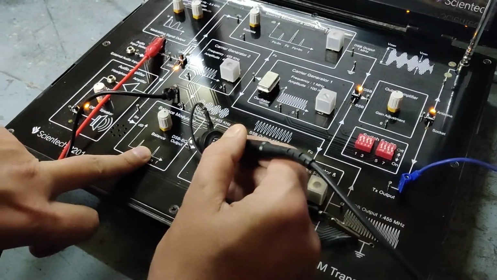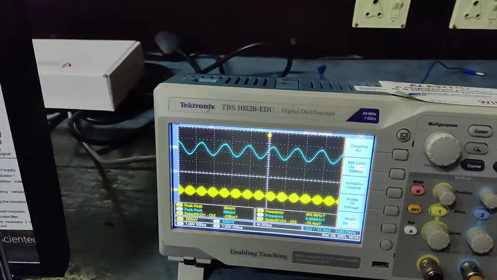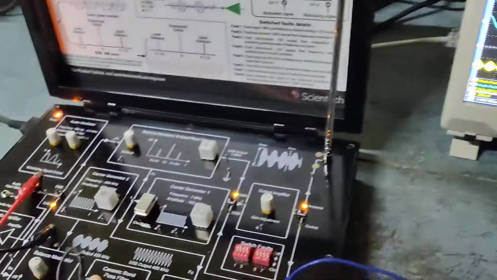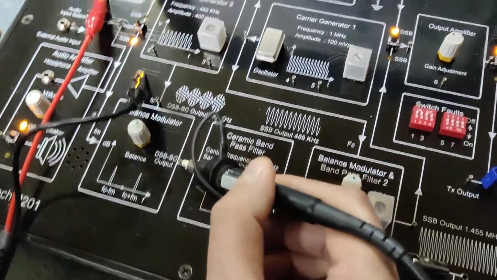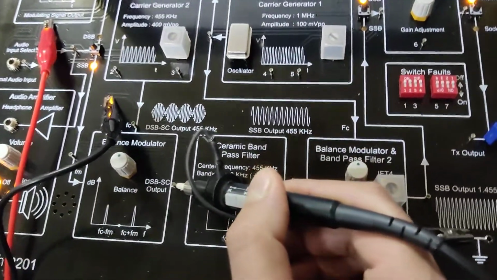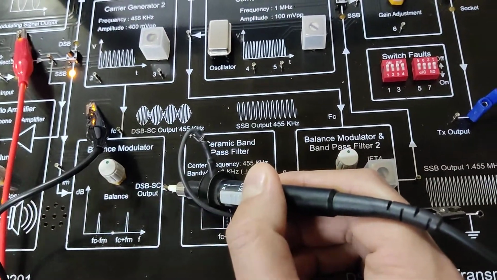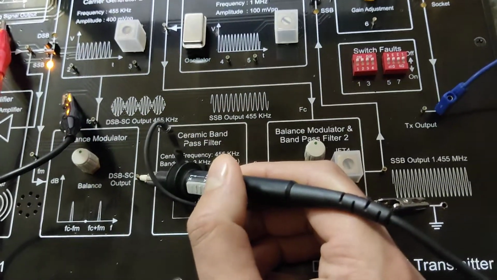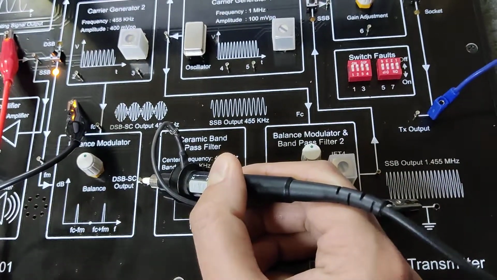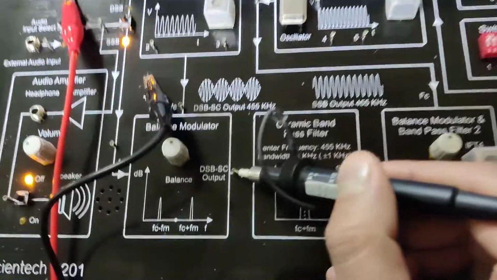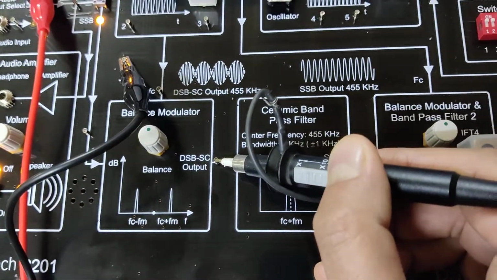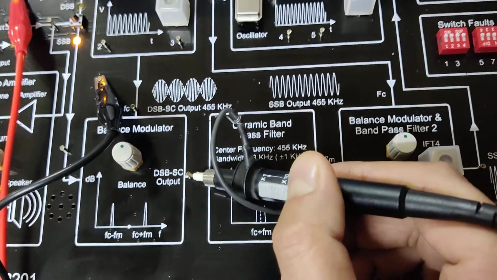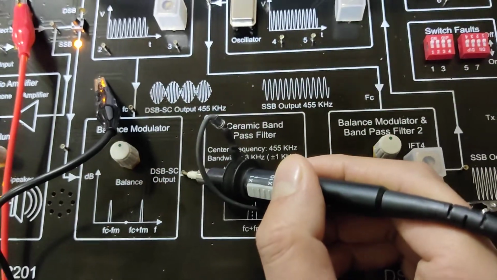Now this DSB SC signal that we have obtained is fed to the next block, which is a band pass filter. Once we have obtained dual sideband, it means that we obtain two sidebands with frequencies FC plus FM and FC minus FM. So we have two sidebands carrying identical information.